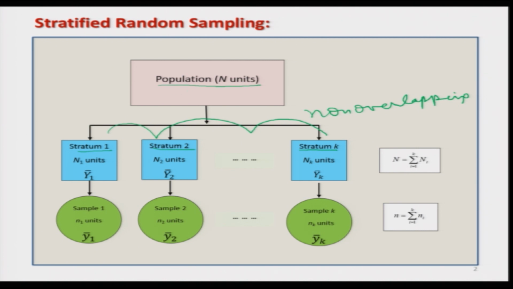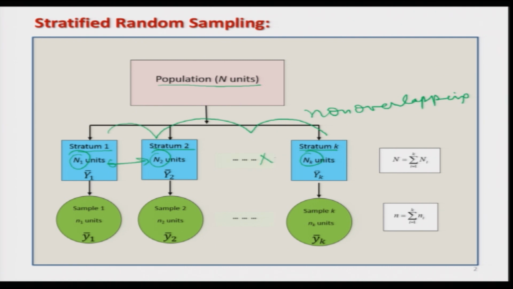They have been divided in such a way that within a group the sampling units are homogeneous with respect to the characteristic under study, and between groups, between strata, they are heterogeneous as far as possible. So, just remember: within, homogeneous as far as possible, and between, heterogeneous as far as possible. Now, these capital N units are divided into capital N1 units, N2 units, Nk units. So, capital N